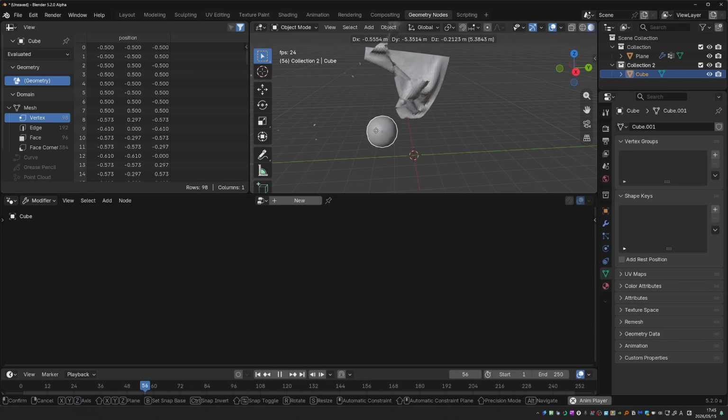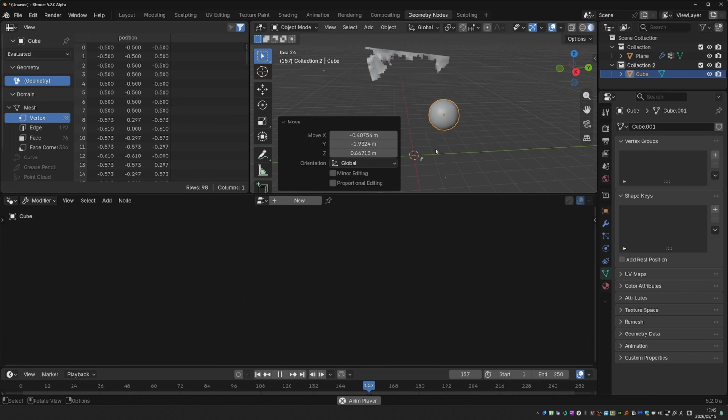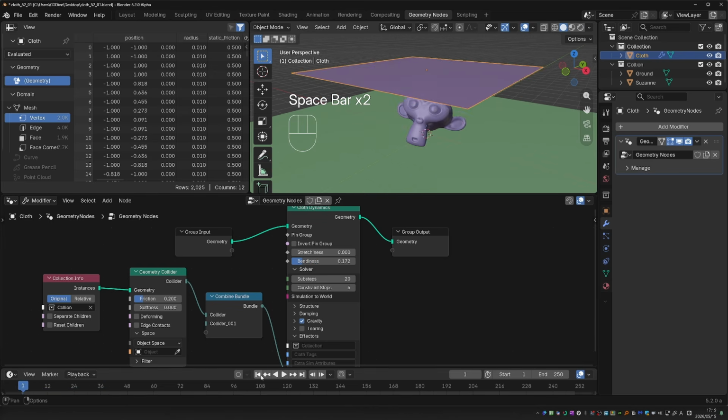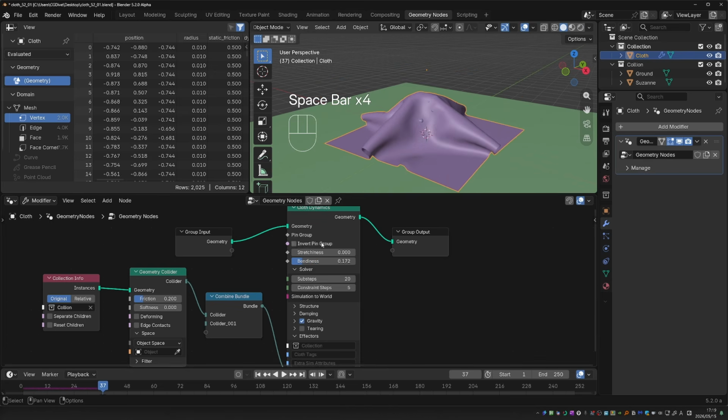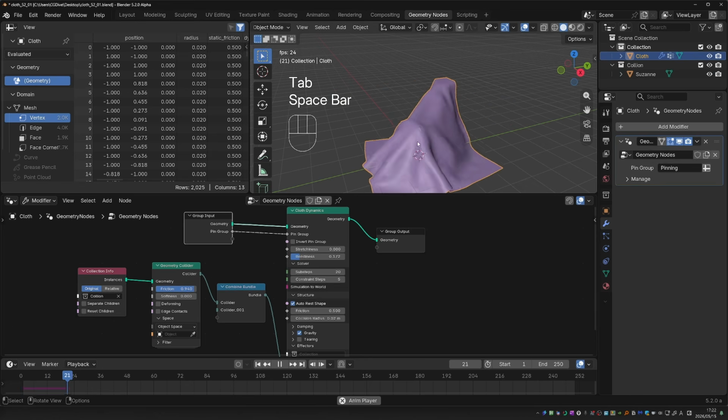I just found out that there is a new experimental cloth simulation in Blender 5.2 alpha, and that got me very excited. Like, are we getting modern physics simulations finally? So this is very new to me, but I managed to get it to work really easily, even with my